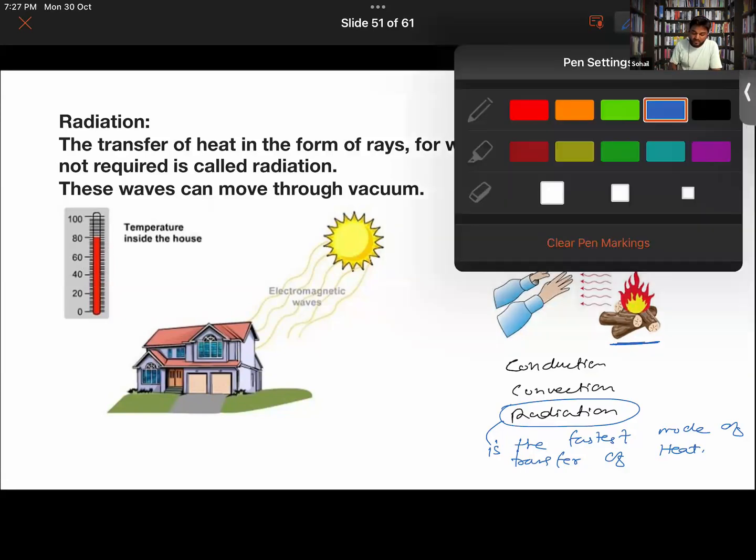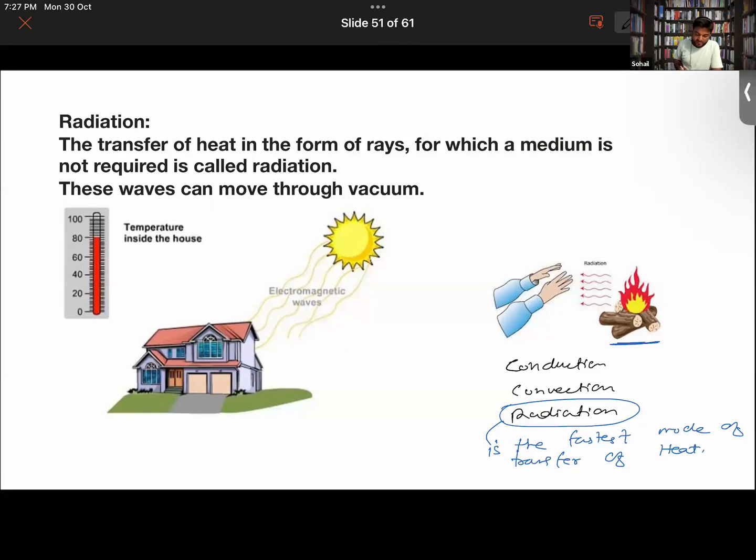So look here, radiation में क्या होता है ना, heat actually travels in the form of rays. It travels in the form of rays. And in fact, it does not necessarily require a medium. Even if there is no medium, heat will still be transferring via radiation. And in the case of Earth, if you were to light up woods, there it is actually traveling in a medium. Without a medium also it will be traveling. So the reason why it is the fastest mode is that medium की यहाँ पे limitation नहीं है.